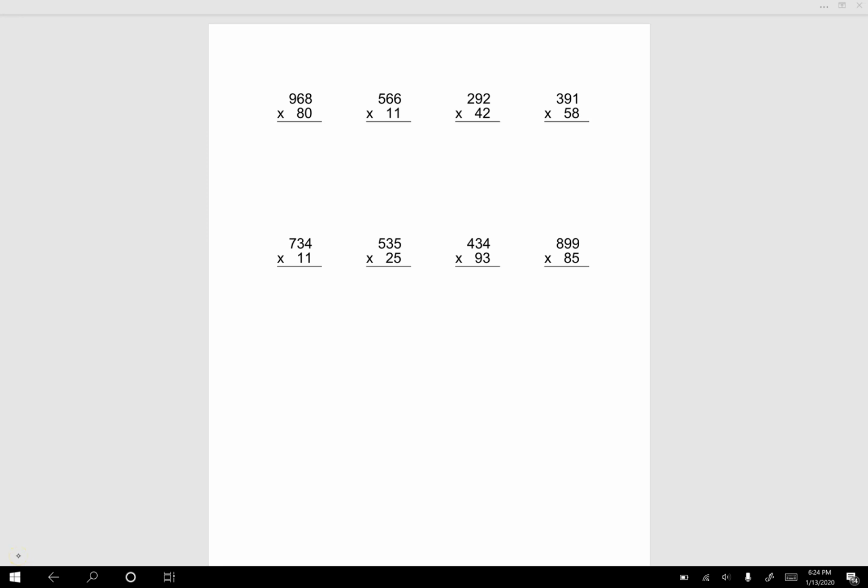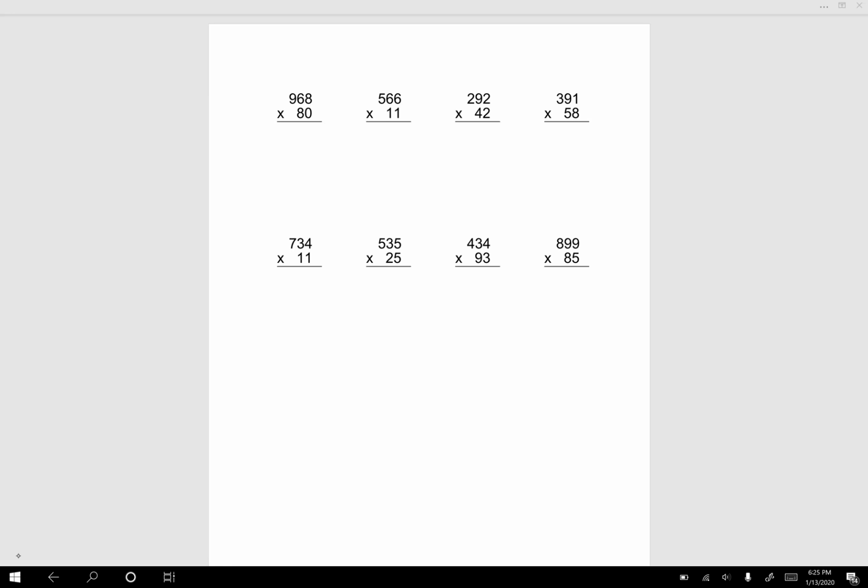Once you are comfortable multiplying any number of digits by one digit, it will help you in all of the different processes. As our numbers get bigger and bigger, we have to make sure that we can keep track of all of the different calculations that we need to do and that we've already done. I'm going to start with